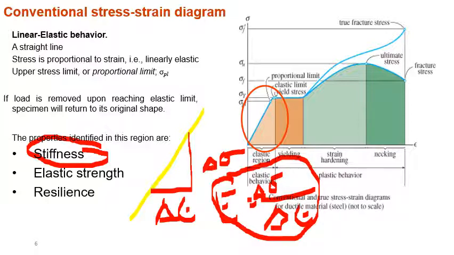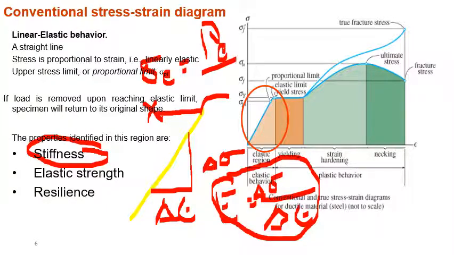So elastic strength is measured by taking a point here, where the material takes a bend. This point we call sigma e, that is the elastic limit. So elastic limit sigma e, we can write as the load at elastic limit divided by A naught. That is elastic strength. Whenever we say strength, it is nothing but load divided by area.